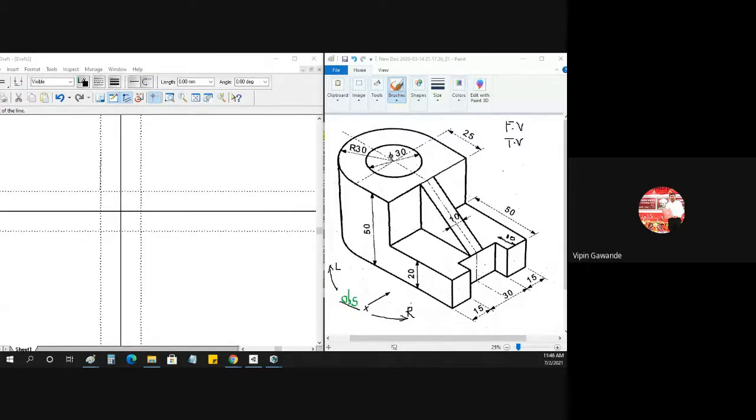So right hand side view, correct? Because this is the main observer, we are standing here, so we will go here, and we will see from this side. So which view is visible to the observer? This is the right hand side view. We can go from the left side also, but from that side the surfaces will not be visible for us. So they will not ask us the left hand side view. They will go for the right hand side view.